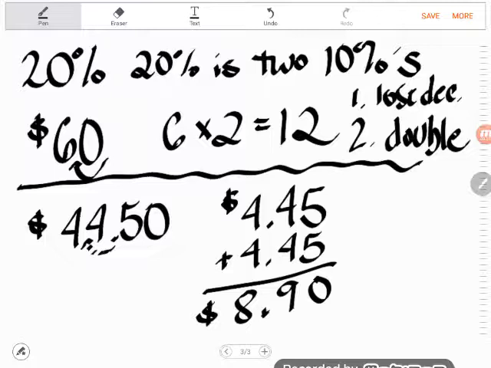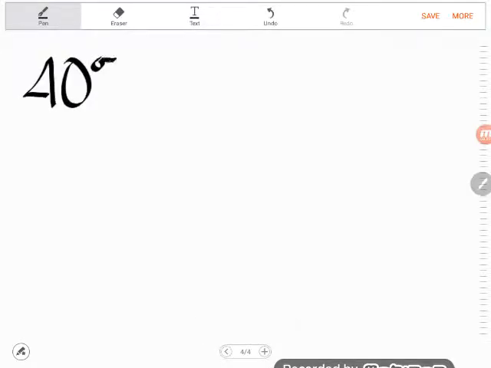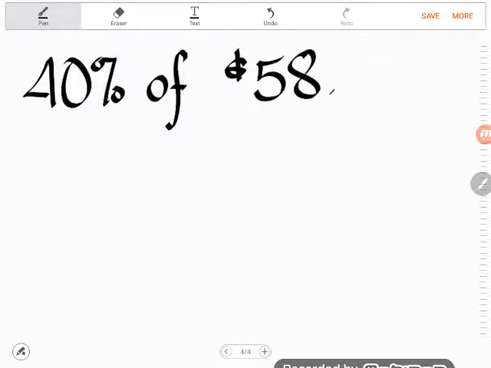Okay. So like I said, it doesn't have to just be 20%. You could use it really to find any multiple. So I'll do one more example. Let's imagine that I was asked to find 40%. Maybe they're having a 40% off sale at your favorite store, and those shoes you've been eyeballing for forever are $58. Are you going to be able to afford them now? So let's take a look at how to find